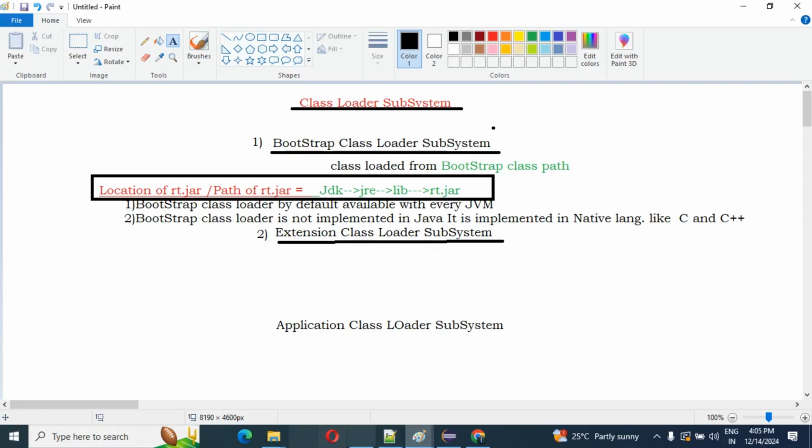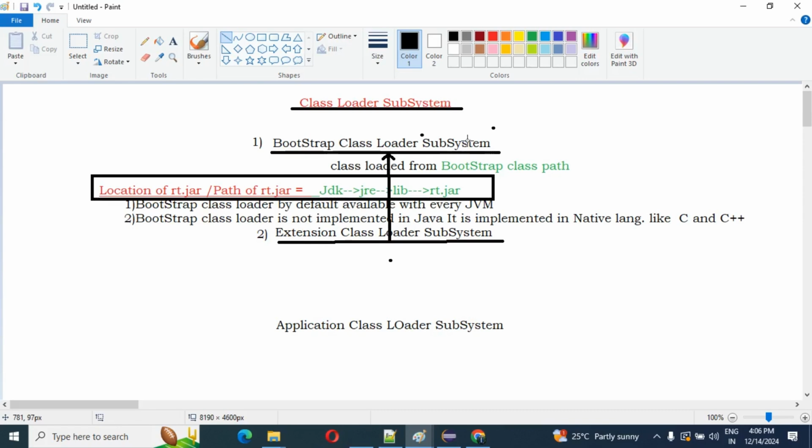So this extension class loader subsystem is the child of the bootstrap class loader subsystem. Keep this in mind, then I will explain the other features.